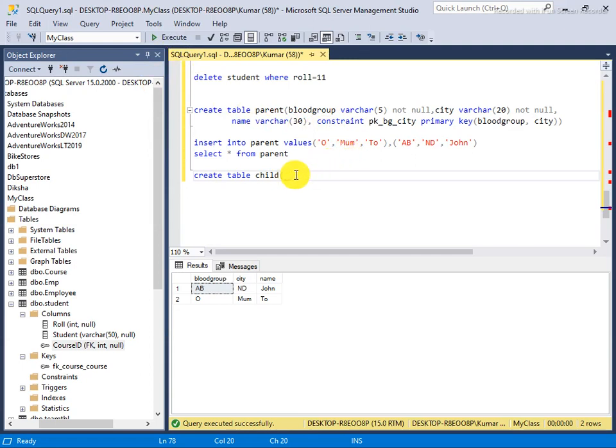I say city varchar 20, and blood group, which is again varchar, I say 5. So data type always must be the same. Data type cannot be different. Okay, you need to keep that in mind.